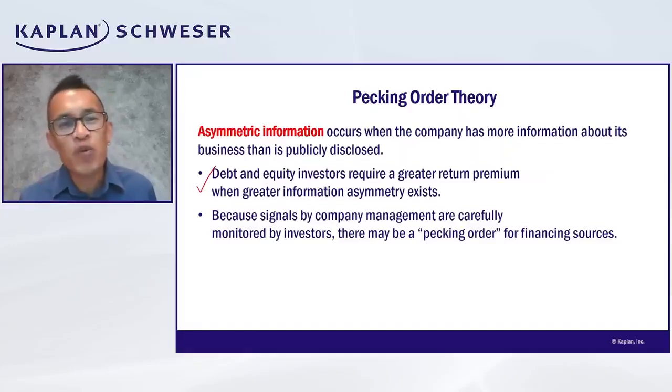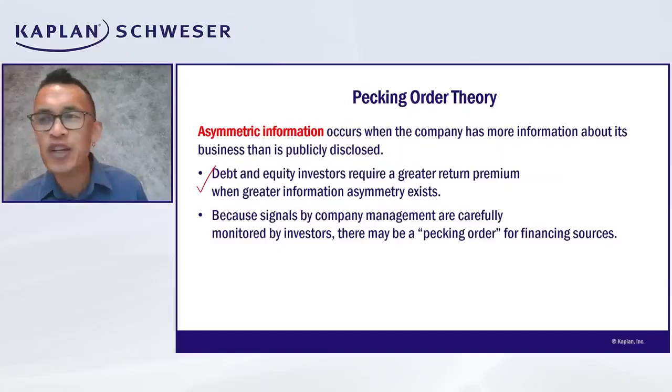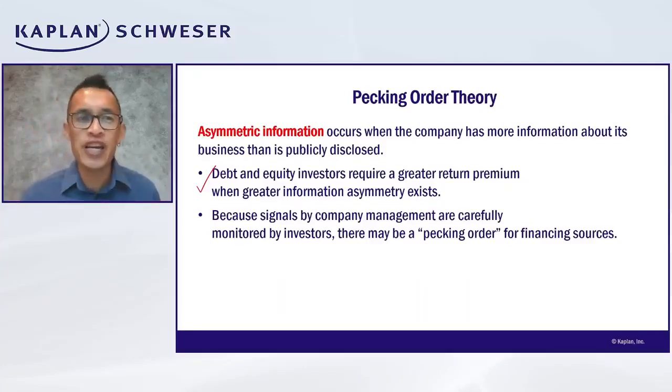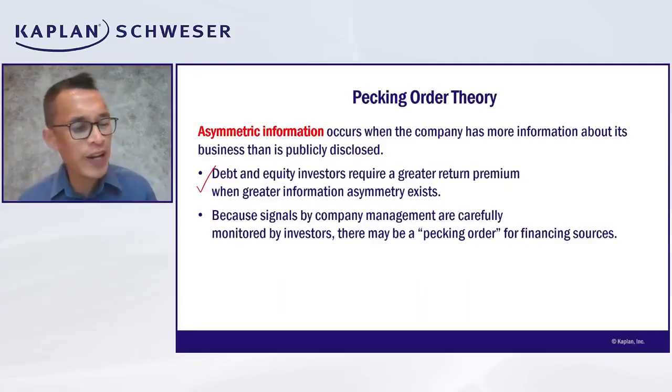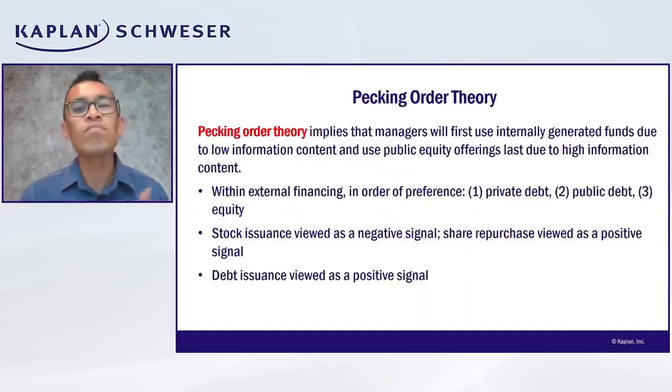So another way of expressing that is that there's concern that the firm will either issue equity when the share prices are expensive, or issue new debt when the firm's creditworthiness is about to decline. So the signaling model of capital structure then suggests a hierarchy of methods for financing new investments. Okay,